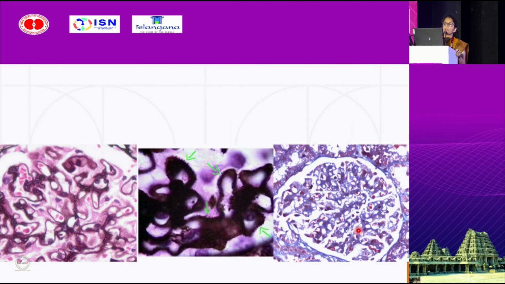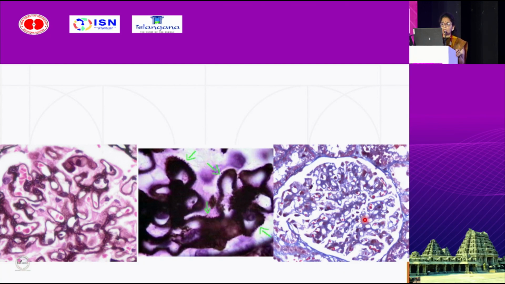So this was a case of membranous nephropathy, and on silver section, when we see under high power, there will be subepithelial spikes, better seen on 100x oil immersion lens. When they are cut tangentially, we can appreciate non-argyrophilic, that is silver negative, pinholes. On Masson trichrome, it will give subepithelial fuchsinophilic deposits. As madam said, this is poor man's EM, and we can appreciate these subepithelial fuchsinophilic electron dense deposits.